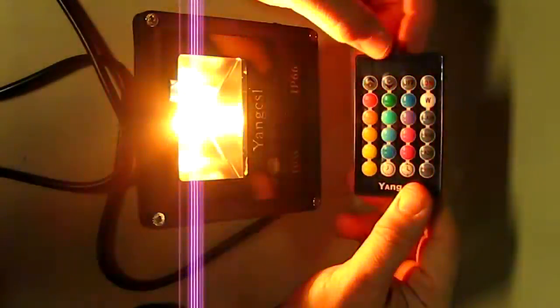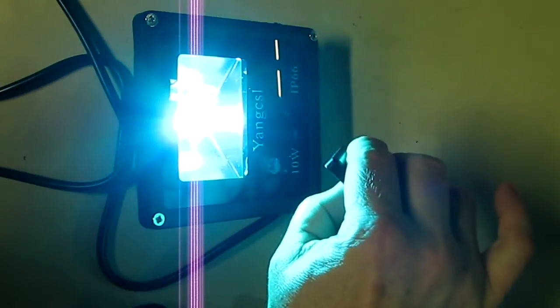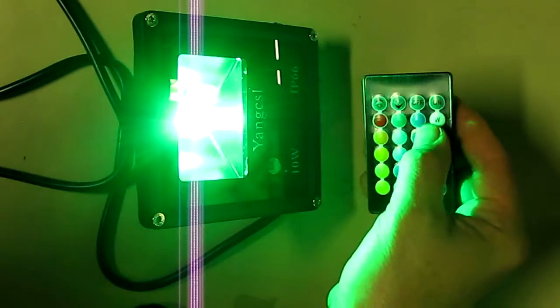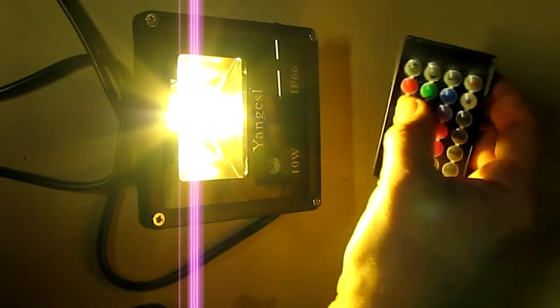When you go to the strobe mode, which is right there, there's a new function on here, and these don't control the brightness anymore. They control the rate of the strobe, so you can increase it or decrease it. I have it on the fastest strobing mode right here, and if I hit the down button, the strobing mode goes slower. That function is only available in the strobe mode,